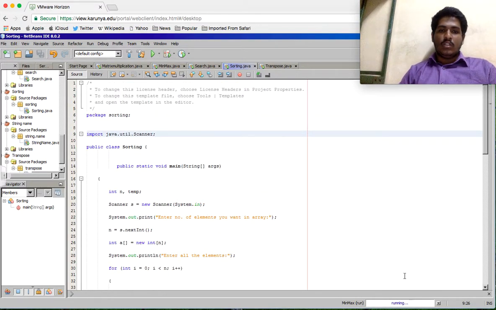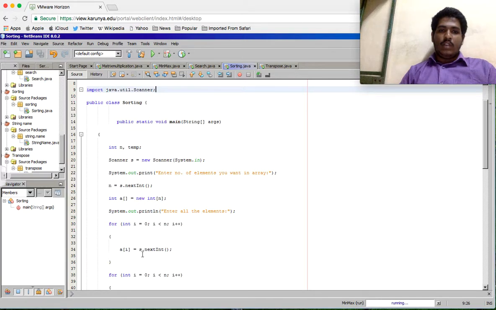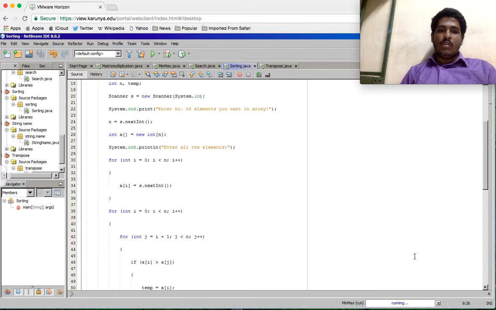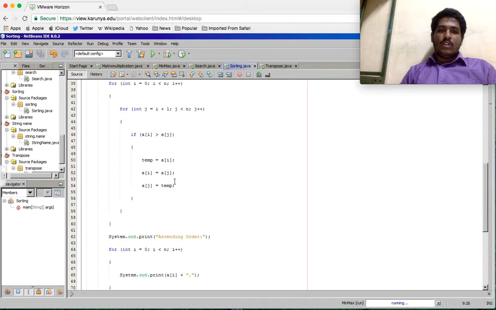for (int i = 0; i < n; i++) a[i] = s.nextInt(); then for (int i = 0; i < n; i++) { for (int j = i + 1; j < n; j++) { if (a[i] < a[j]) { temp = a[i]; a[i] = a[j]; a[j] = temp; } } } System.out.print("Ascending order"); for (int i = 0; i < n; i++) System.out.print(a[i] + " ");